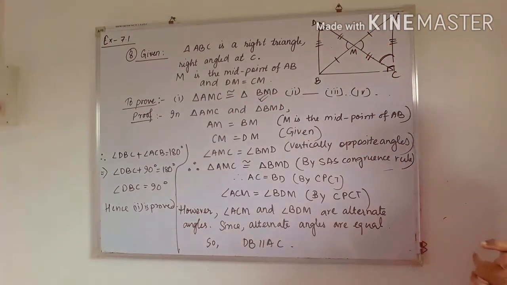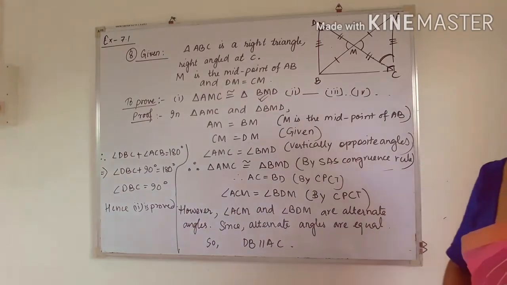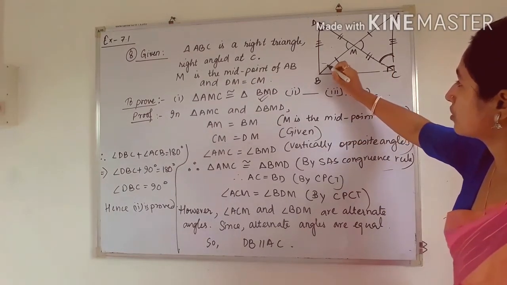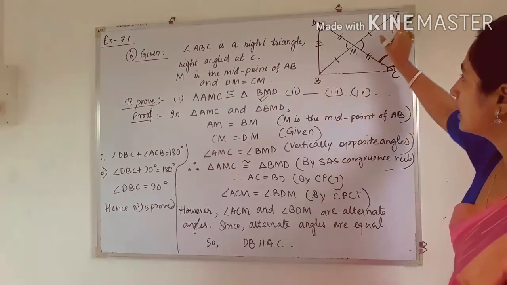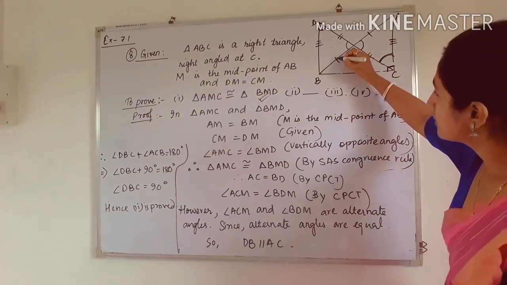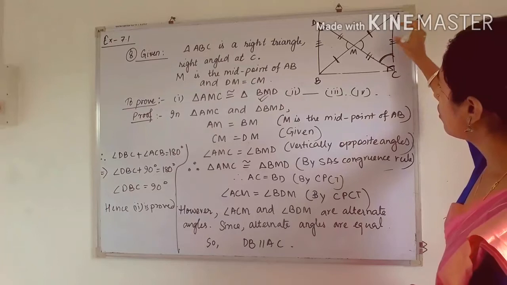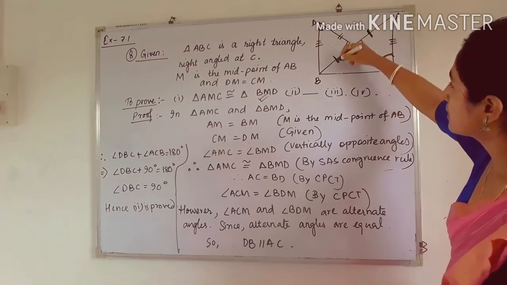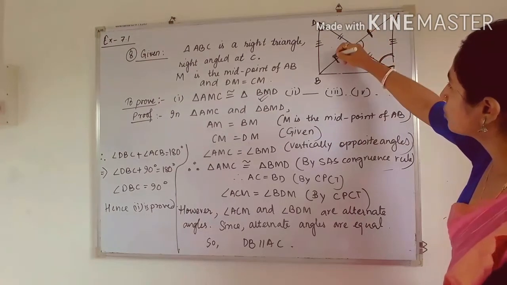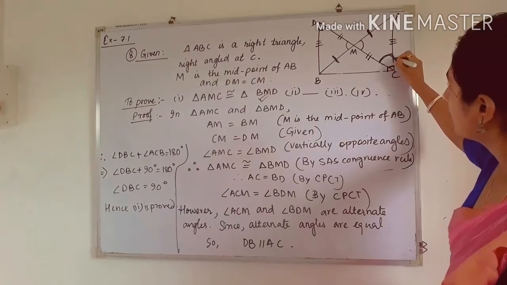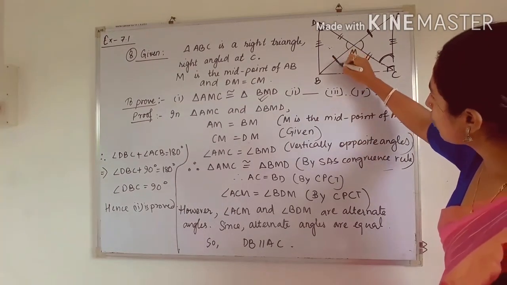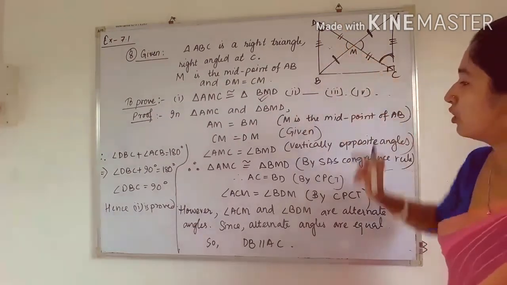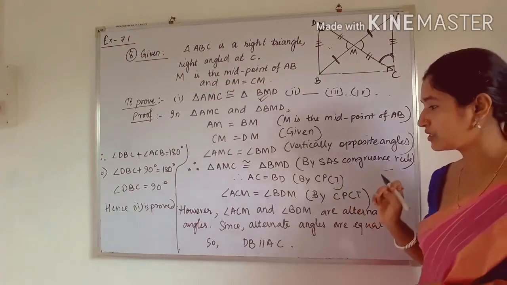One more thing: a question may come to your mind, why these angles are not equal, these and these angles? See here, in these two triangles, which sides are equal? This side is equal to this side. Now in these two triangles we have to check the opposite angle of the sides which are equal. So this side is equal to this side, therefore opposite of this angle is this one, and in this triangle opposite of this side is this angle. That's why they both are equal. So we have written this is equal by CPCT.